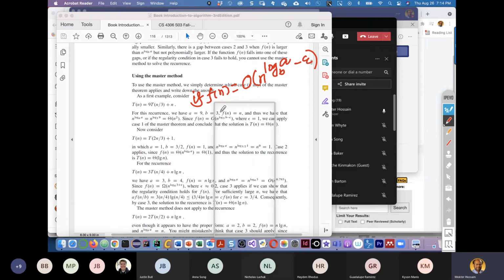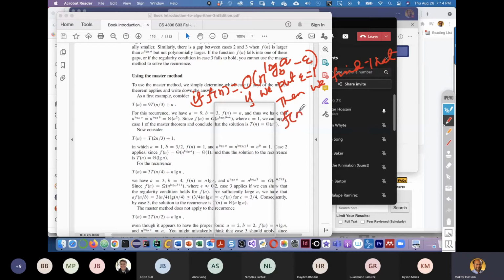So if we put epsilon equal to 1, then we find that